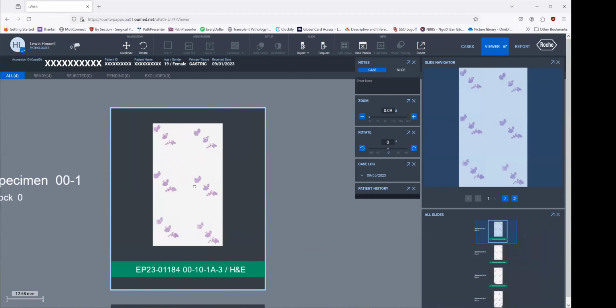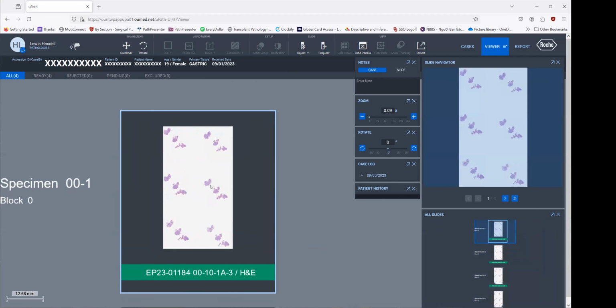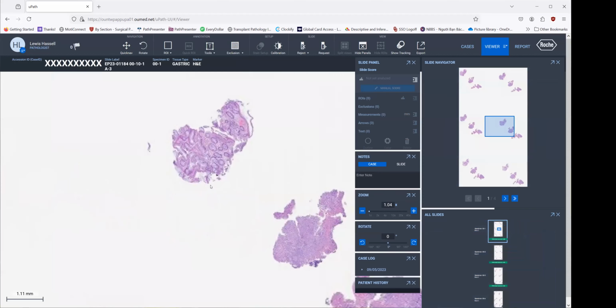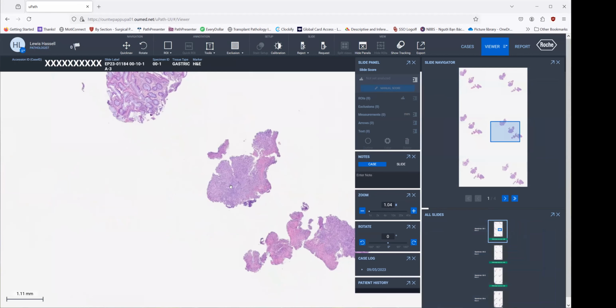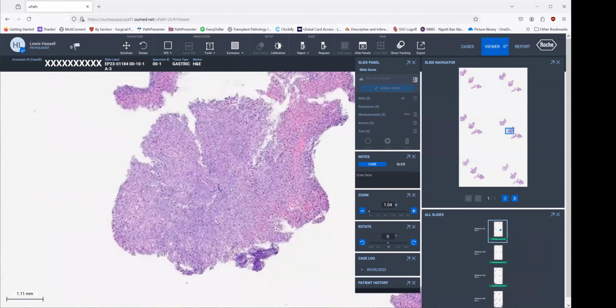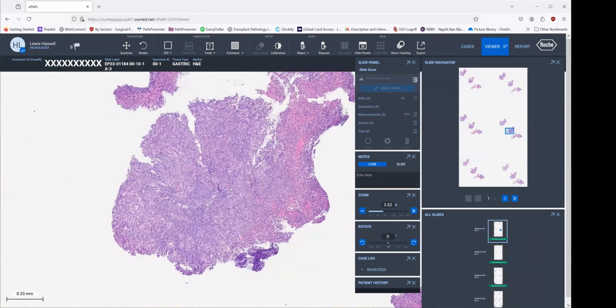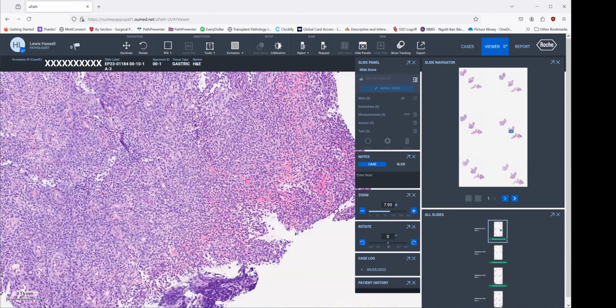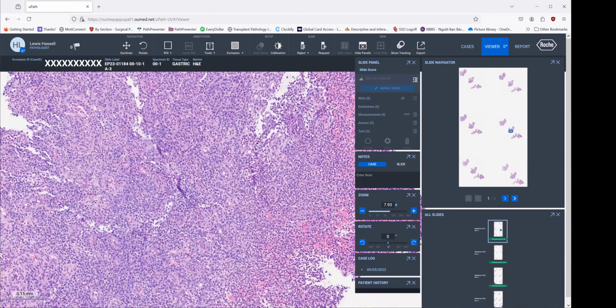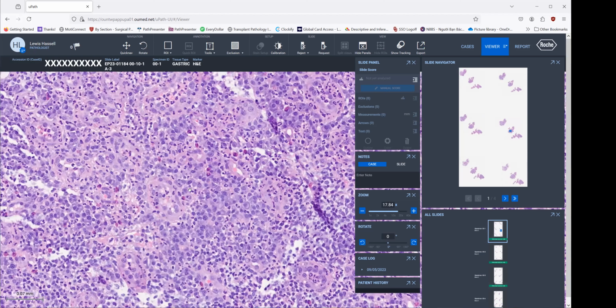This is a 19-year-old female. And we have what looks like some ulcer or tumor. Very inflamed tissue with inflammatory exudate. This is one of the situations where